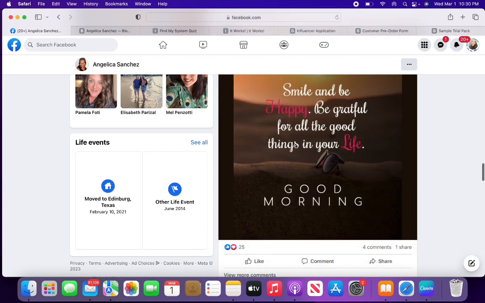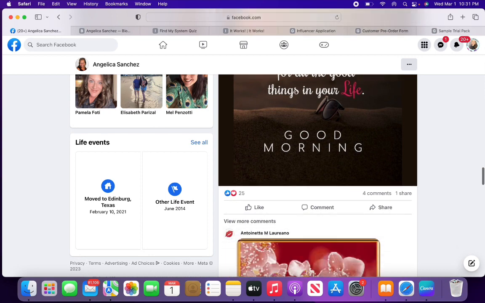And then we see here is another reel. Then we see another quote. Okay, so one thing I'm going to let you know, you do not want to be posting more than once or twice a day on Facebook right now. It hinders the algorithm. You have a decent amount of engagement for the amount of time that you're posting. However, limit it to 1 or 2. A reel does count in there. So max, you're going to do 2 posts including a reel, but ideally you would keep it down to 2 posts per day.